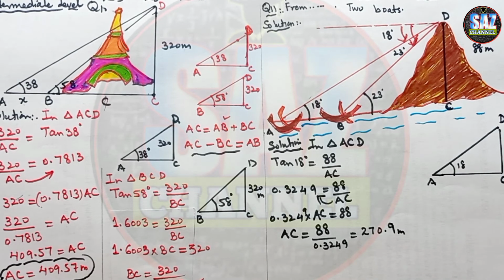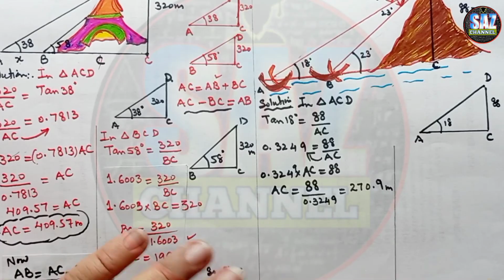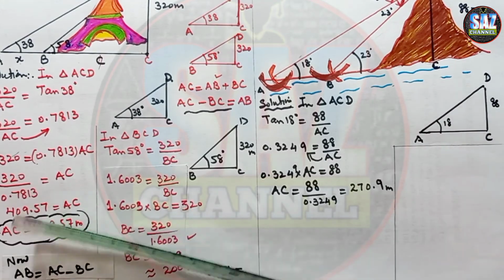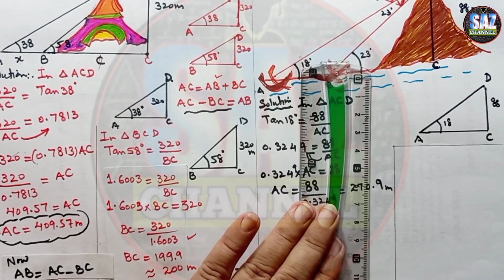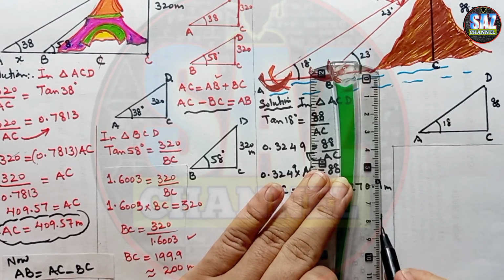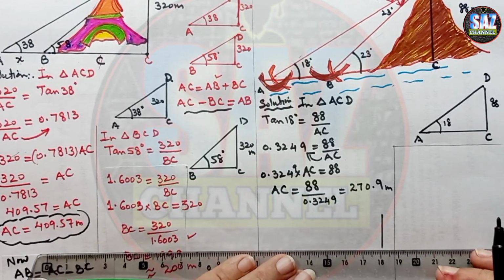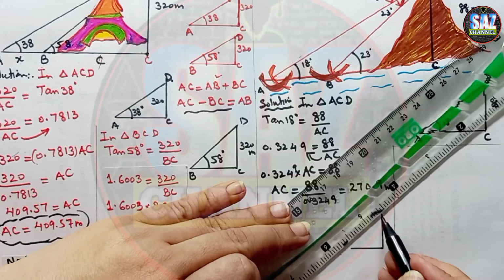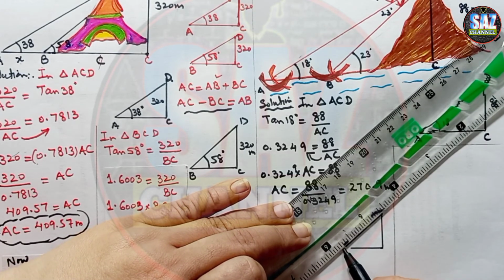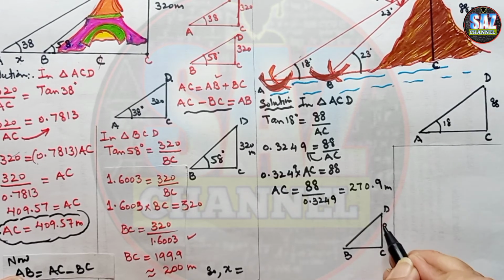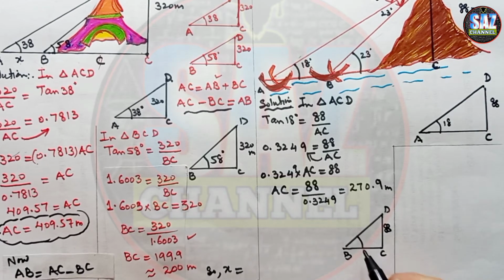Now what we have to do is take the other triangle, that is triangle BCD. Let me draw the sketch here. Always give such references in your working so that the examiner can understand your working and the message easily. This is the position of B, this is C, and this is D. This is 88 and this is 23 degrees.